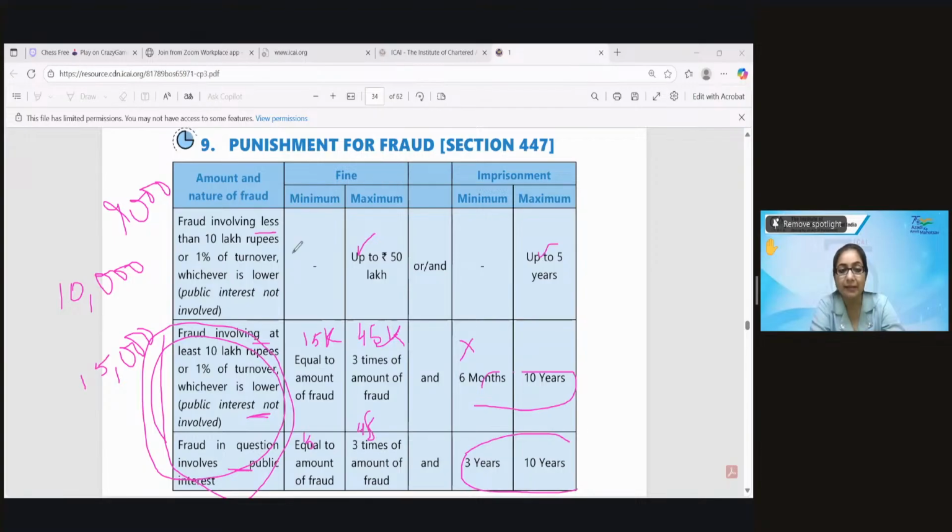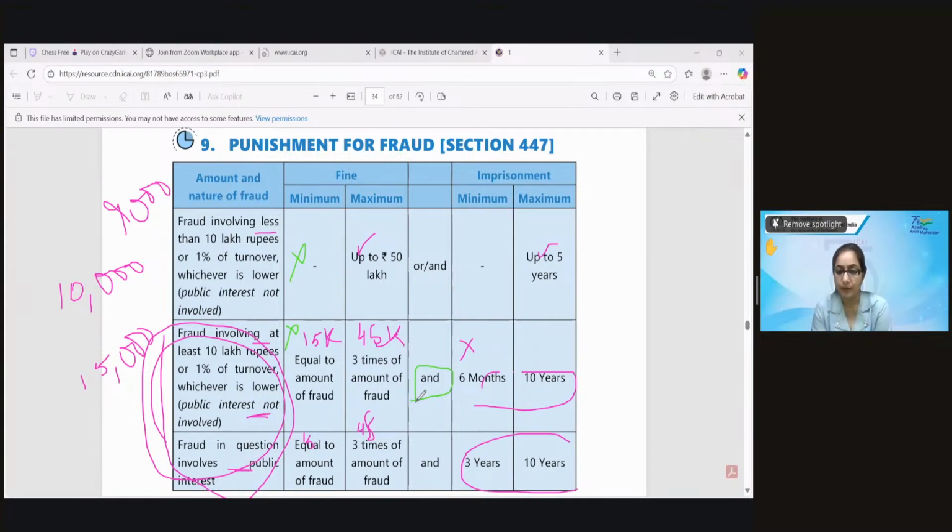यहाँ पे भी पब्लिक इंटरेस्ट नहीं है। तो फ्रॉड तो 50 लाख है, 5 साल की जेल। यहाँ पे पब्लिक इंटरेस्ट नहीं है बट फ्रॉड ज्यादा है लिमिट्स, तो अमाउंट इक्वल टू फ्रॉड और 3 times। एंड इज वेरी इंपॉर्टेंट, जेल भी होगी।